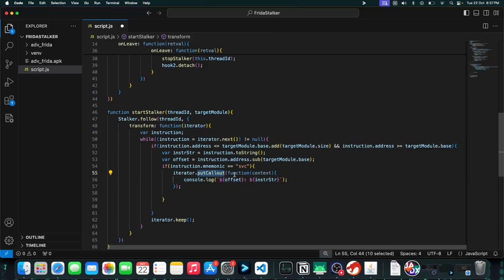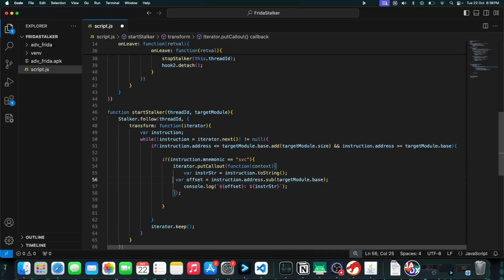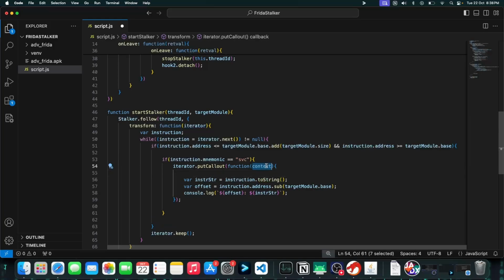Now inside this putCallout, we don't have access to the offset and instruction str variables. Also, we don't have access to this instruction variable. So what we have to do is move these instructions inside putCallout. And now we have to figure out the instruction which is being executed. This context actually contains all the required information about the registers, the instruction which is being executed, and everything. As you know, in ARM64 architecture, we have the PC register, which stands for program counter, which contains the address of the instruction which is being